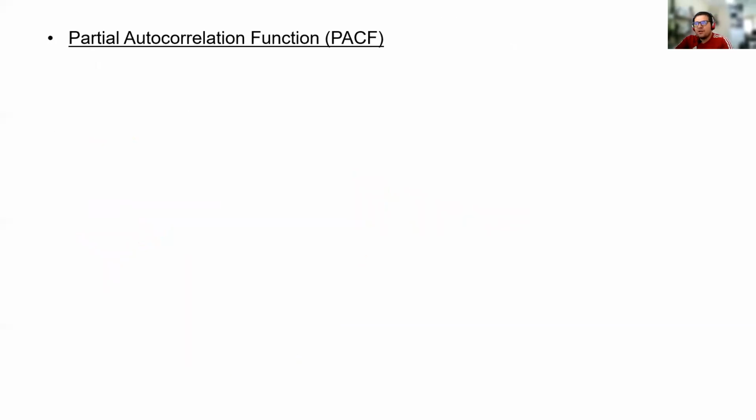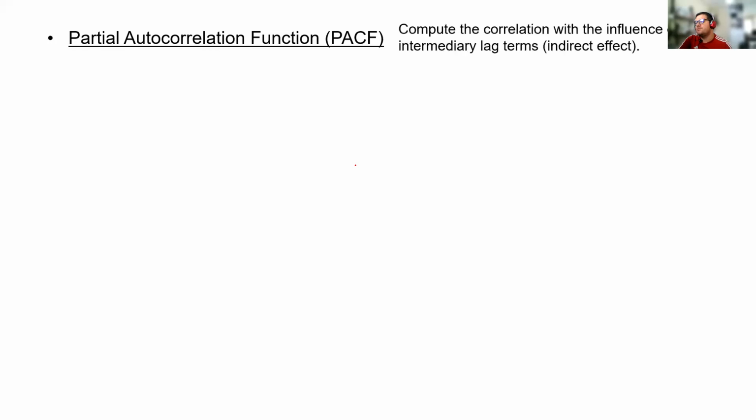Now, there is also another tool. This is not a replacement for the previous tool, it is a complement to that tool, and it's called the partial autocorrelation function. The partial autocorrelation function computes that same scaling of the covariances by the process variance, but it also takes into consideration the intermediary lag effects. So all those indirect effects. Allow me to show you why. For example,